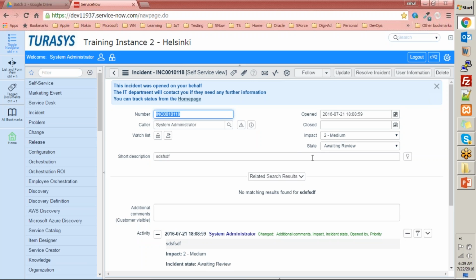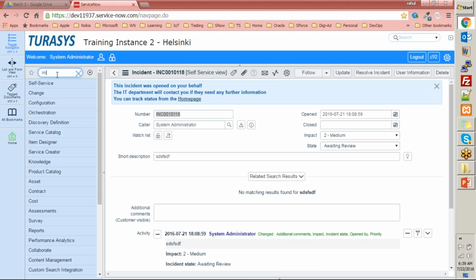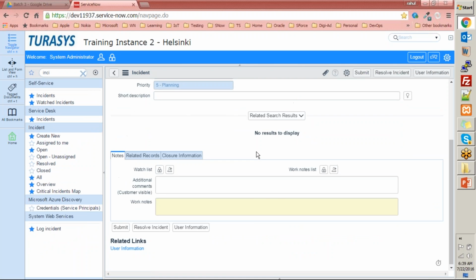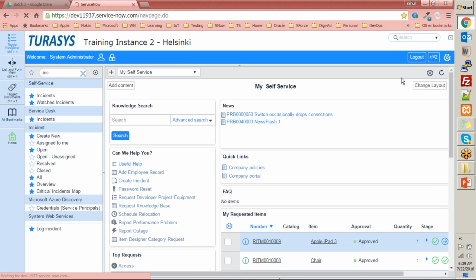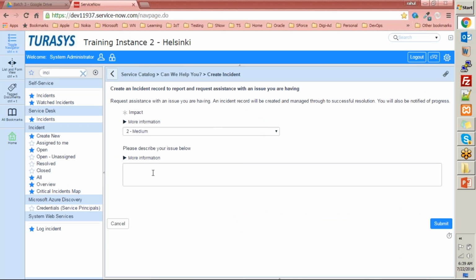And that incident form we could access from going into the application navigator and typing in incident, right? And then you have to click on create new to get that form opened up, right? But since you are an administrator, you get to see all this. But think from the perspective of a user. If a user has to create this incident, all of the users may or may not have that access to the form. So there could be another way of doing that: get some service catalog item like this create incident here,